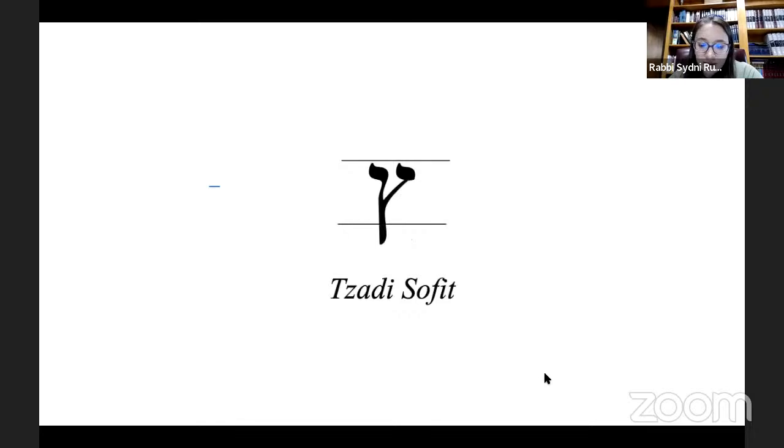All right. Now we've got our tsadi Sofit. And the wonderful thing for those of us who have issues with tsadi is that one of the ways we can remember which one is tsadi is because this kind of looks like the top of a tsadi. So once you're used to seeing tsadi Sofit, then it gets you more familiar with seeing the letter tsadi. So you might have heard a tsadi Sofit in the word Aretz or Eretz.